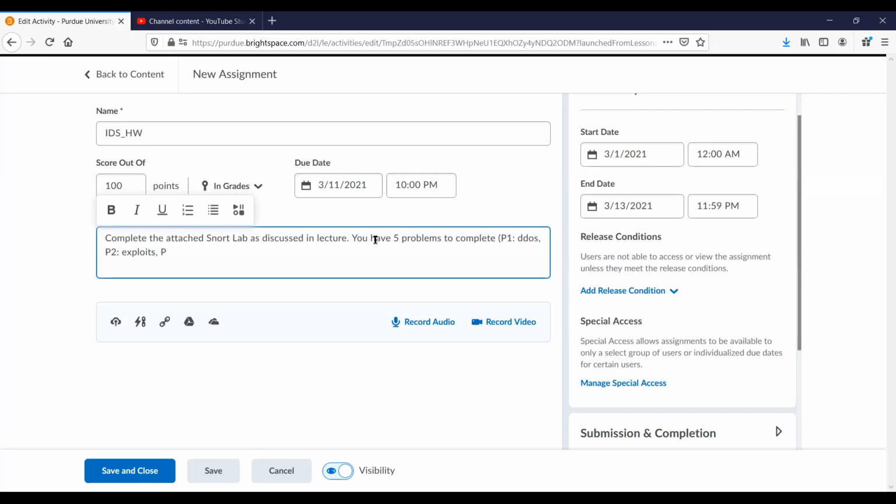Problem 3 is scanning. And then problem 4, find another family of attacks. And the same, so I'll say P4 and 5, find another 2 families